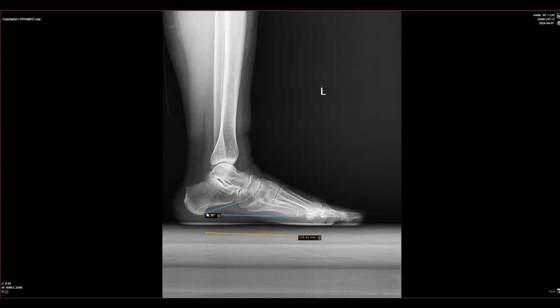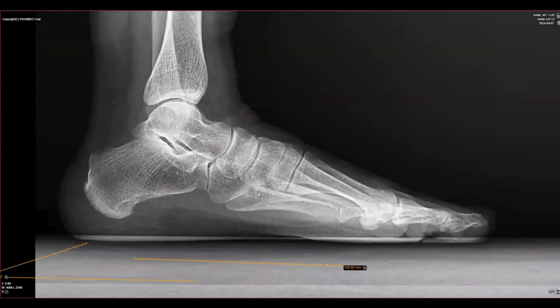One thing I'm going to look at next, I would like to understand whether or not I have cubonavicular coverage. I'm going to zoom in a little bit so that we can all appreciate what I'm measuring. And essentially, we want to get the articular surface of the cuboid and understand where the undersurface of the navicula lands. And we want it to be about 50%, so there's a perfect amount of naviculocuboid coverage to give us